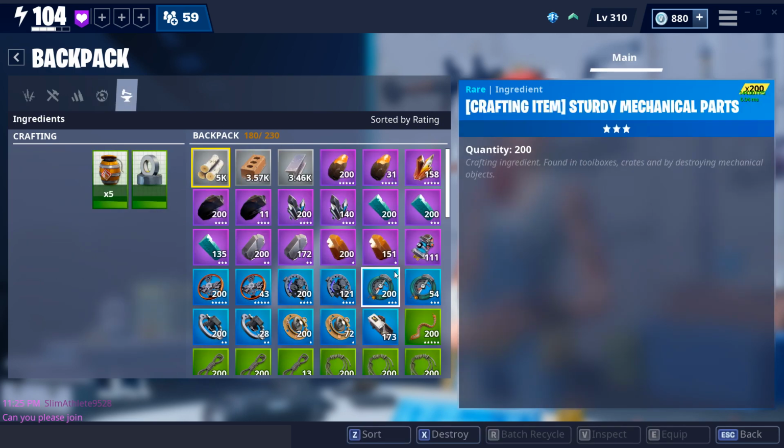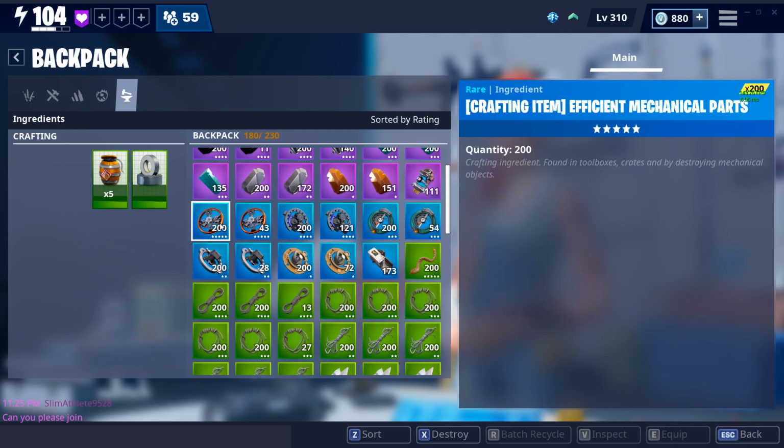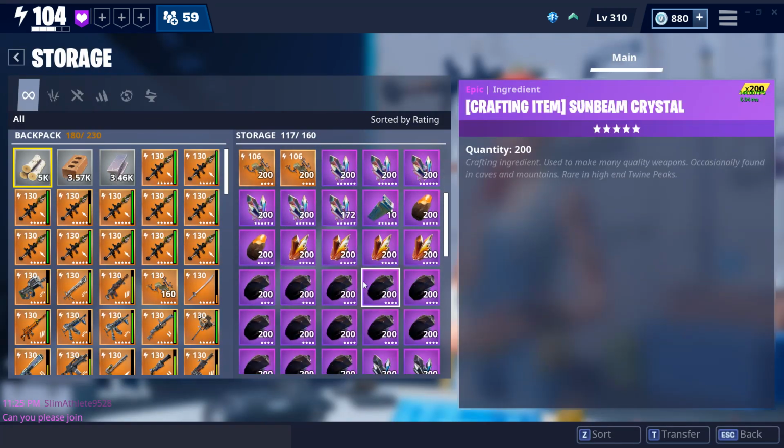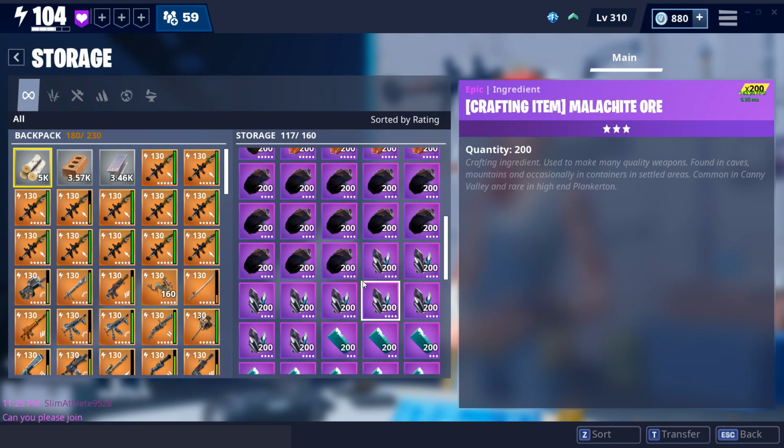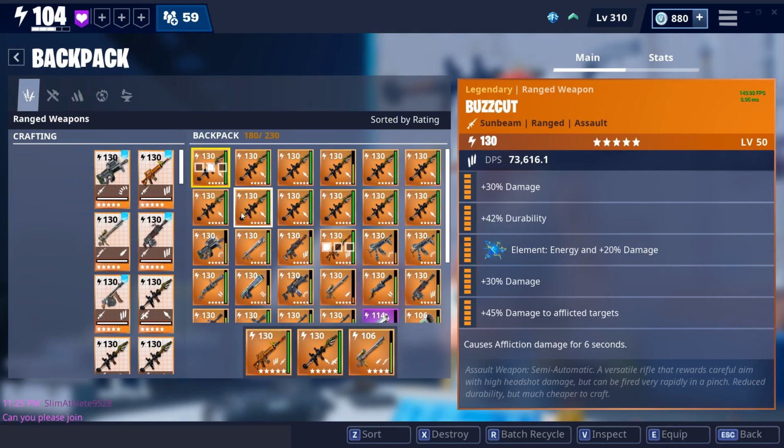I mean, look at this. I've got plenty of Sunbeam. I've got plenty of, oops, I scrolled down too far. Plenty of Efficient right here. I've got way more in storage. Like, I'm chilling. I can craft 130s all I want. So I do it. I know that they're overkill for a lot of missions, but if you can afford it,